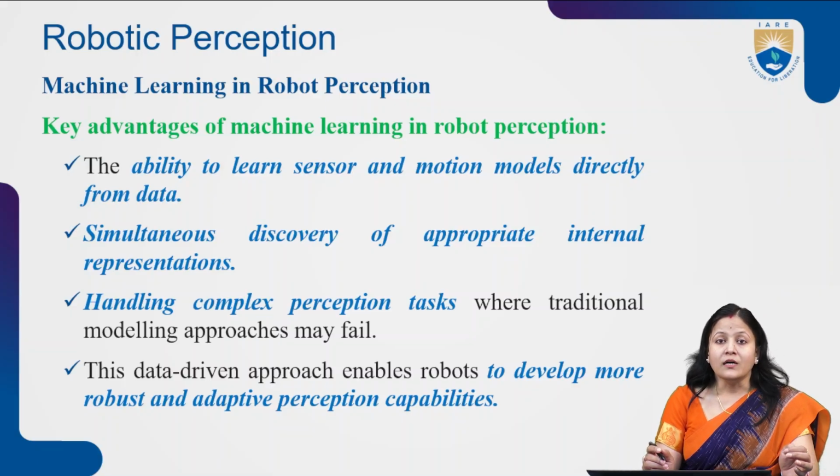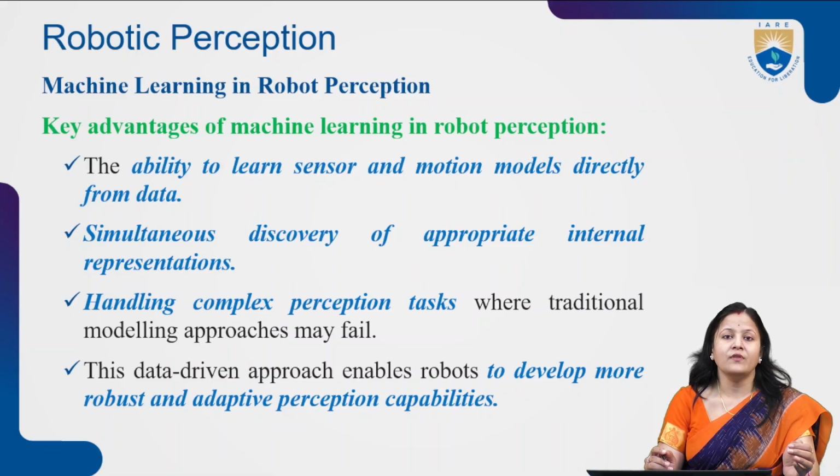The ability to learn sensor and motion models directly from the data. They have the ability to learn directly from the data itself. It does not require any sensors or other techniques. And simultaneous discovery of appropriate internal representation: automatically it can understand the structure and pattern of data, or the internal structure of the robot or the